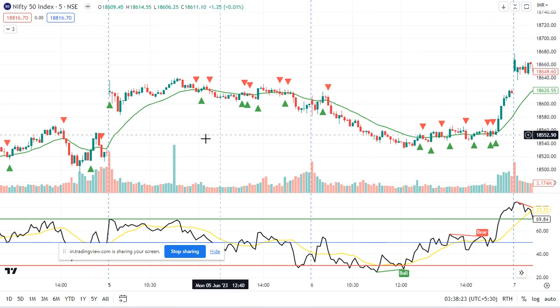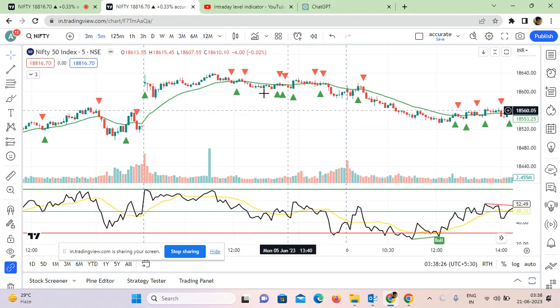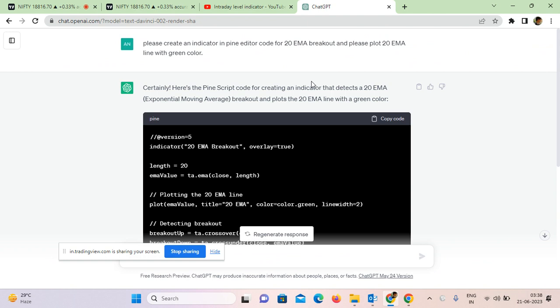Okay. So you can easily create your indicator with the help of an AI tool. I just gave an example of ChatGPT. Simply, I type in English and give the requirement to the AI tool, and within a second, AI creates an indicator for me. But I have to know how I can utilize that indicator in my trading strategy, and how it will provide the optimal result in a particular market. That is the beauty you have to know about. The combination of AI and your intelligence will provide the best result.